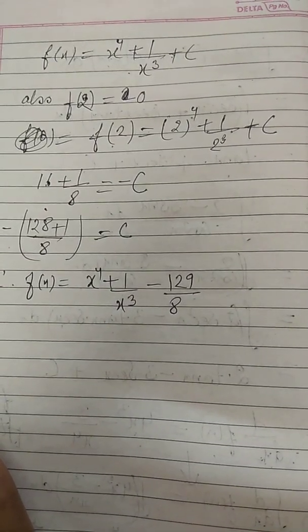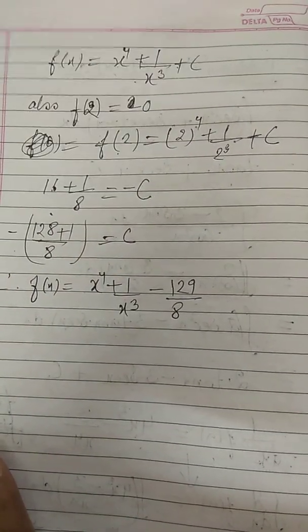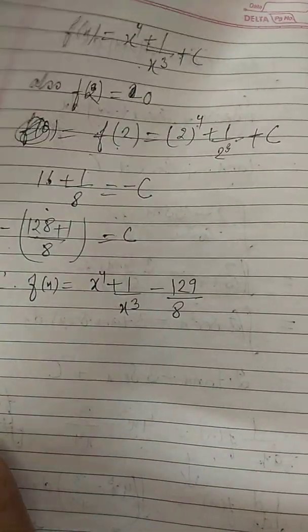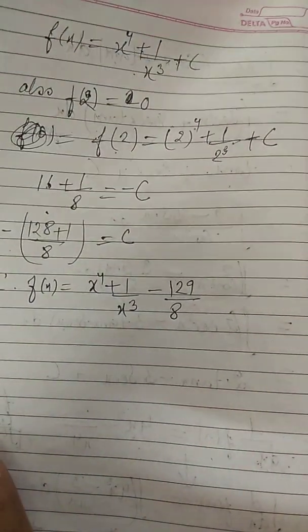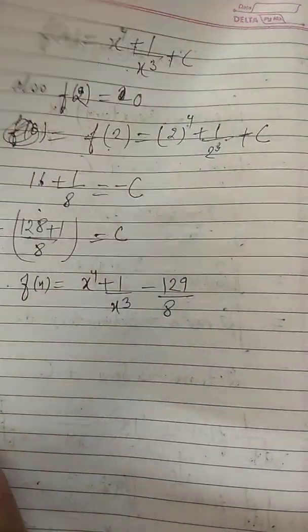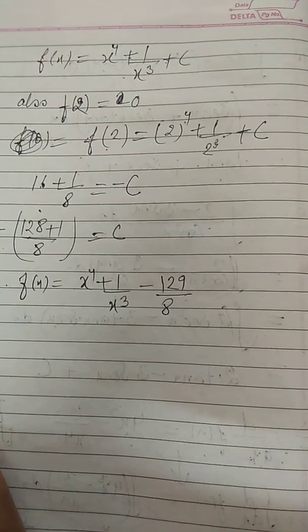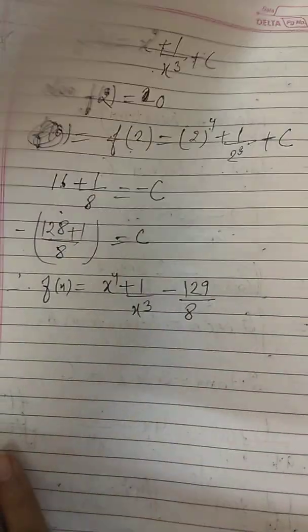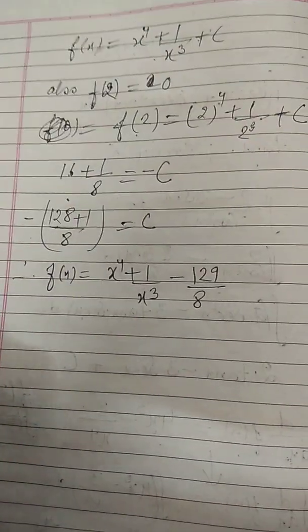Whatever sums are left in between, I think 2 or 3 sums are left only after sum number 9. We have done sum number 9, sum number 10 also I told, 11 one sum, 12 second sum, 14 third sum. So 4, 5, 6 or 7 sums are left from this exercise. You people can easily complete the exercise.